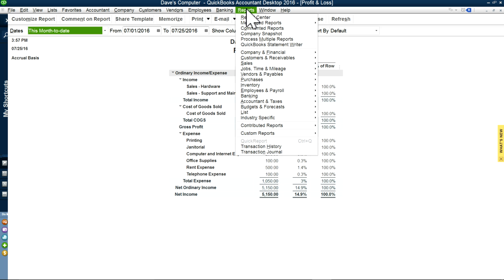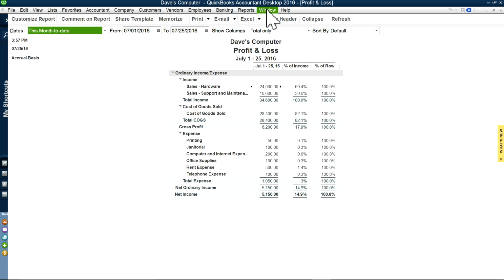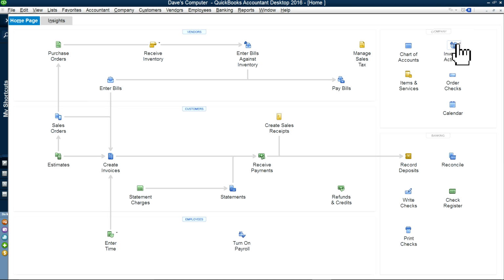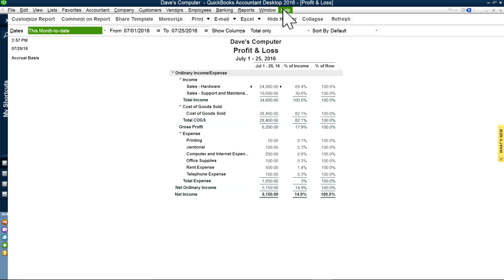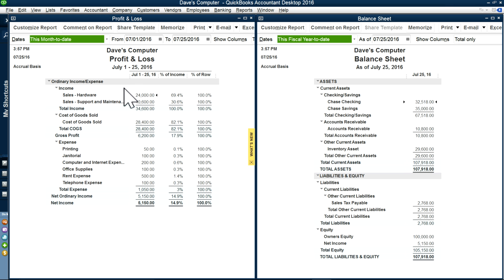And now I'm going to close some of these. I'm going to close home. Okay, so now I'm going to show you, let's say this one. Okay. So on the left side you have profit and loss, on the right side is balance sheet. Okay, so you have net income of 5150 at this moment. So this 5150 moves up to in here, as you can see here, right? So it will be part of your equity. So if it's a loss, then it will show negative in here too, right? It's income in here positive, so 5150 is also positive in your balance sheet as part of equity,